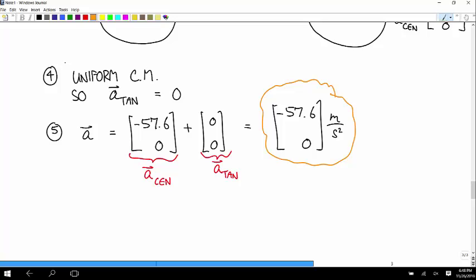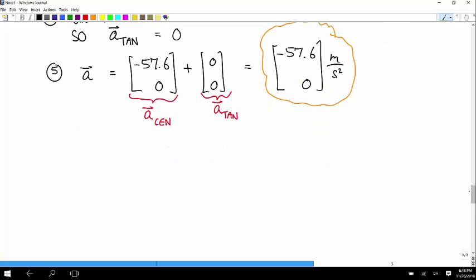Okay, so that's part A. Now we want to calculate the force that the seat applies to the pilot. And that goes along with step 6. Step 6 and 7 is draw a free body diagram of the thing you want to calculate the forces on and use Newton's second law. So, free body diagram of the pilot